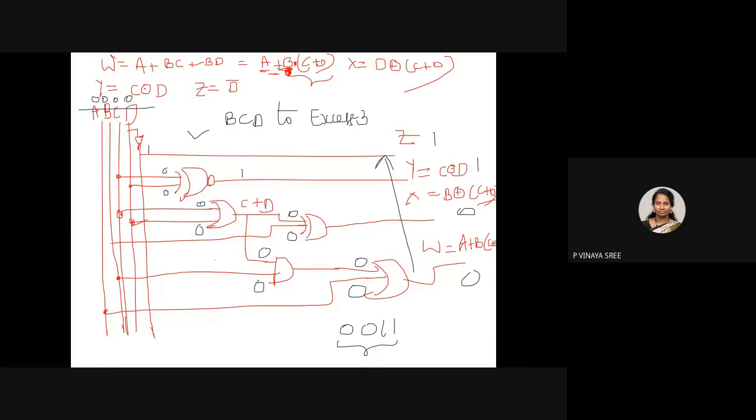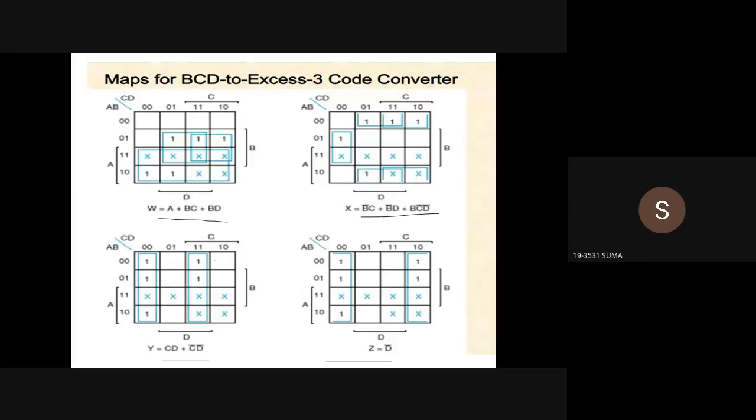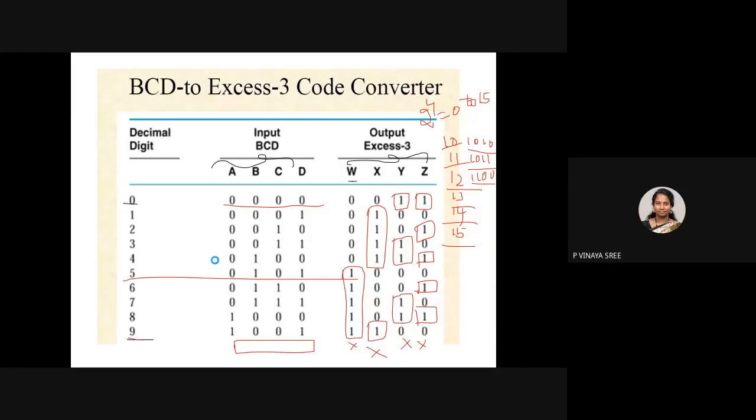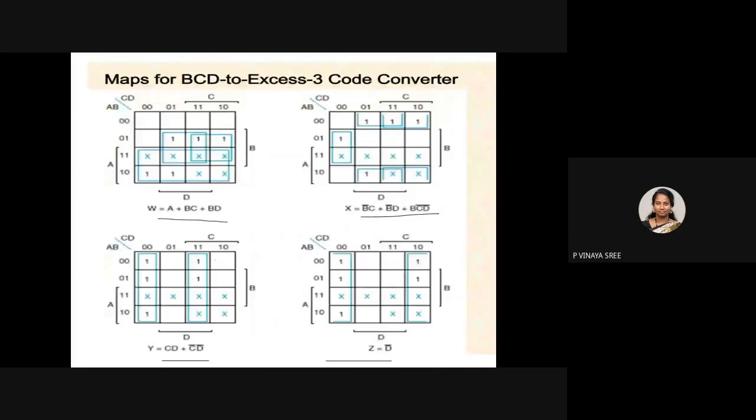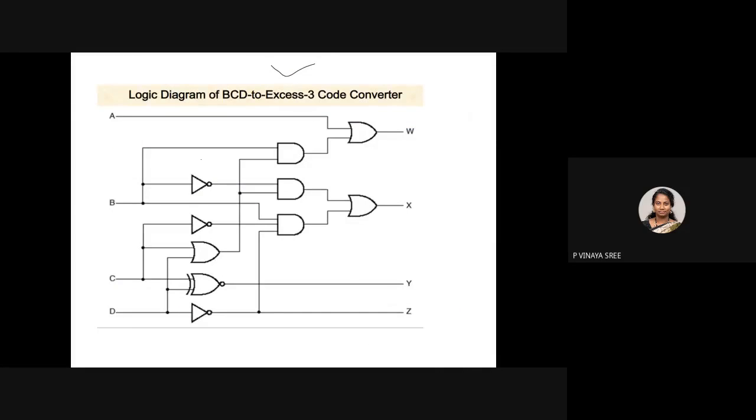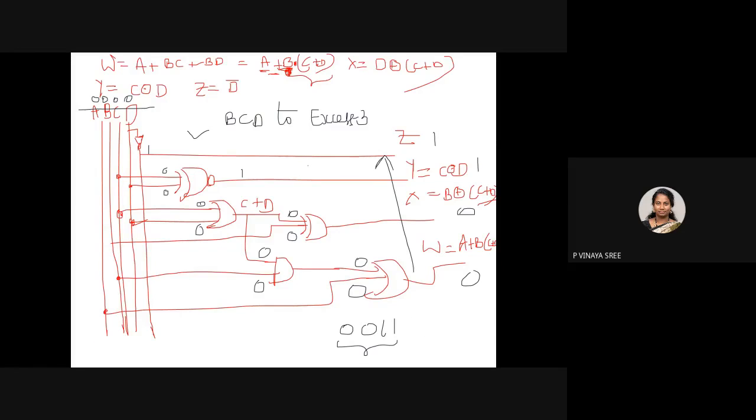After simplification. Yes. But don't consider that we definitely need to go for simplification. It is up to you. Even this is correct. Even with this you will get maximum marks. But internally there will be some delay. But for this circuit, there will not be any delay. It will be executed